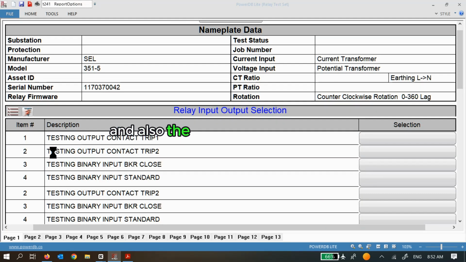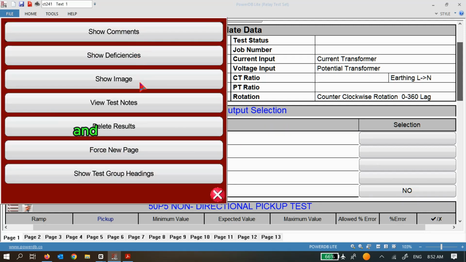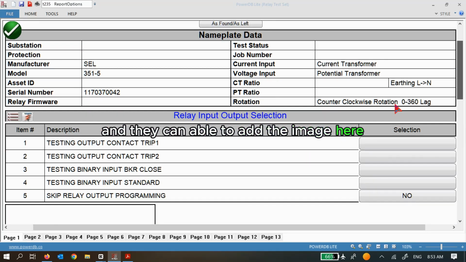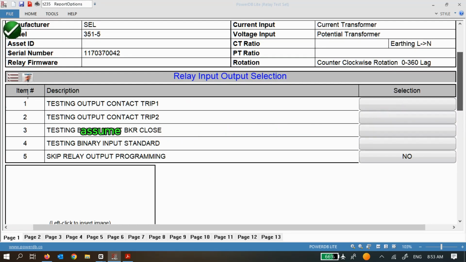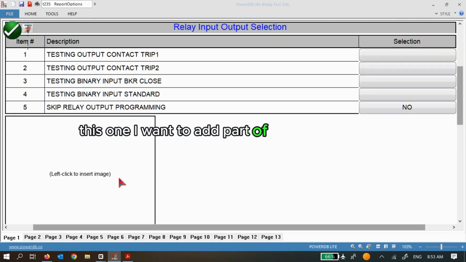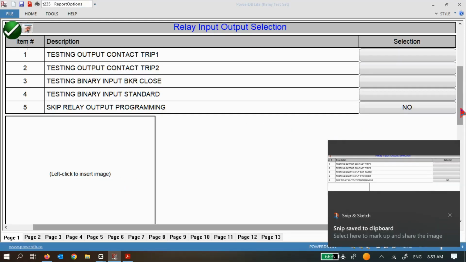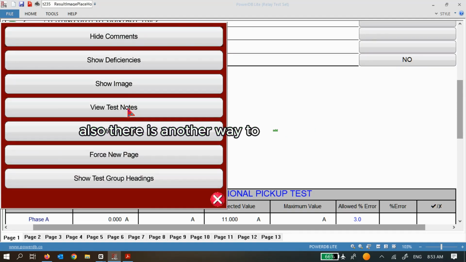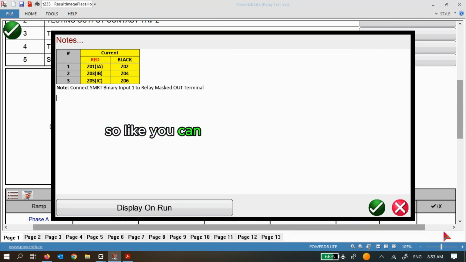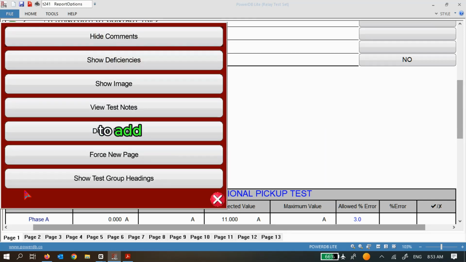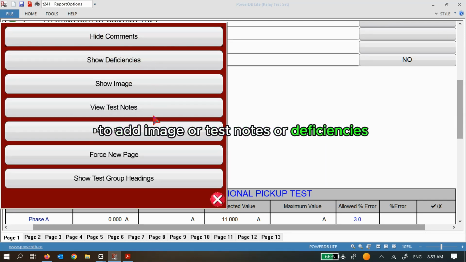The user can also add deficiencies, and also images. If the user wants to add some image, they are able to add the image here. Say, for example, I want to take a screenshot and add part of my screen as an image. We can select the image and add it. There is also another way to add view notes, so you can add the image here also. It has a lot of features to add images, test notes, or deficiencies,